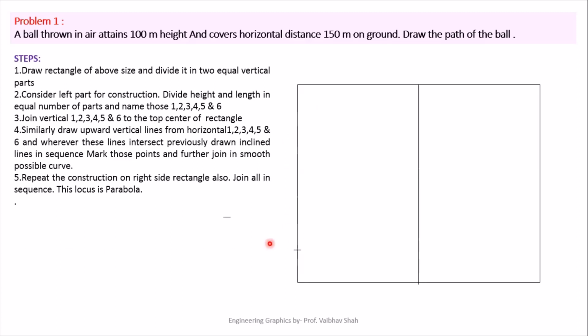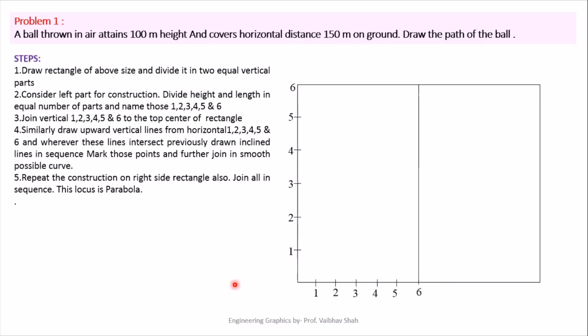So now 1, 2, 3, 4, 5 and 6 point would be this corner point here. Now let us once again divide this portion into 6 parts. So 1, 2, 3, 4, 5 and 6 portion would be this intersection of this vertical line with this horizontal line. So this is your 6 parts. Now let us give numbering. So starting from this corner point as 0, this is 0, 1, 2, 3, 4, 5 and 6 point would be your corner point on the top. Similarly, we'll be giving numbering on the horizontal line 1, 2, 3, 4, 5 and 6.